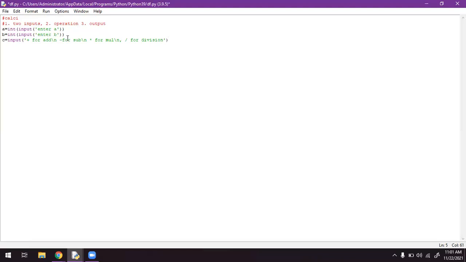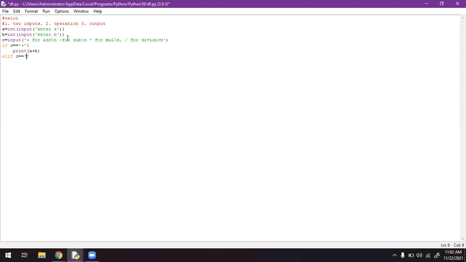So if the user presses the plus symbol, if C equals to, in double quotation, plus, what we have to do is print A plus B. Elif, we will get multiple statements from here.